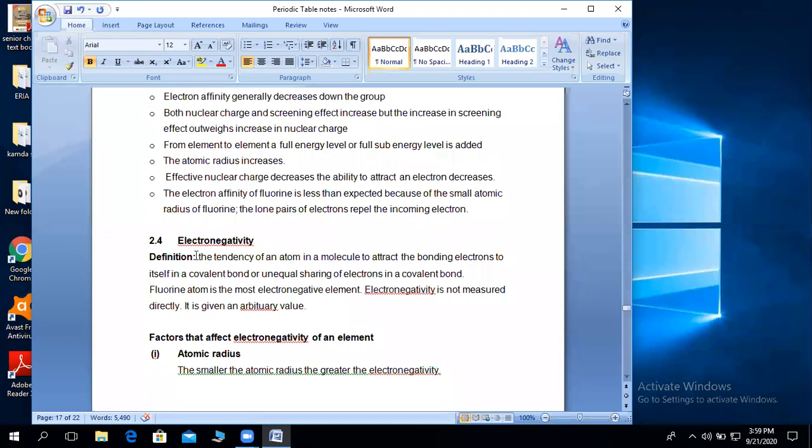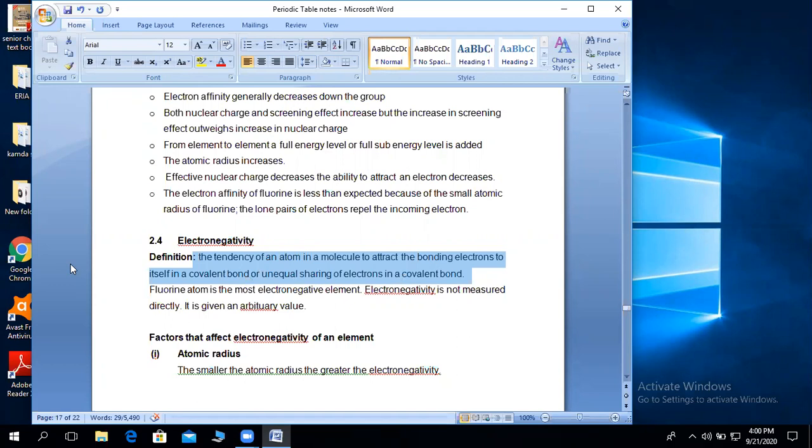So electronegativity is the tendency of an atom in a molecule to attract bonding electrons. This word must be there. Don't say electrons only. To attract bonding electrons towards itself in a covalent bond. That is only possible if you have a covalent bond. And a covalent bond is formed by sharing of what? Electrons. So when the chlorine atom attracts the bonding electrons from the hydrogen chlorine bond,